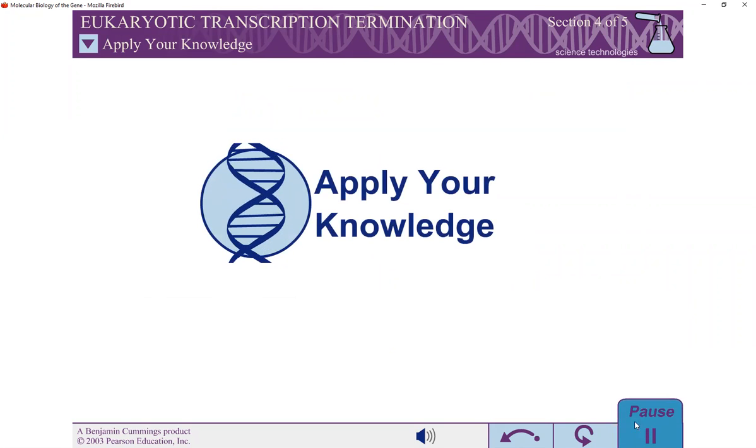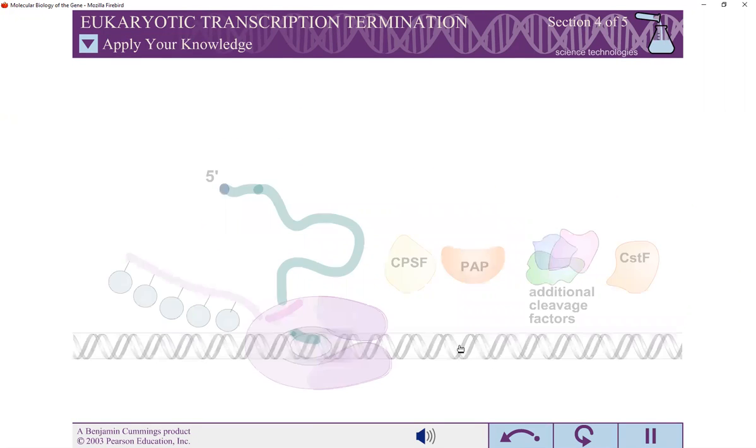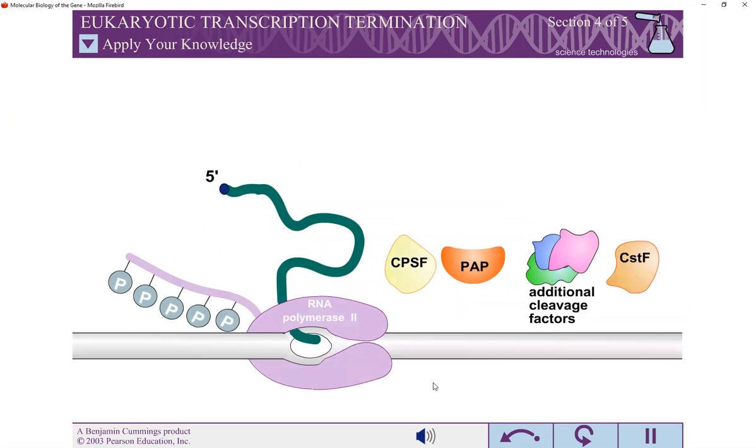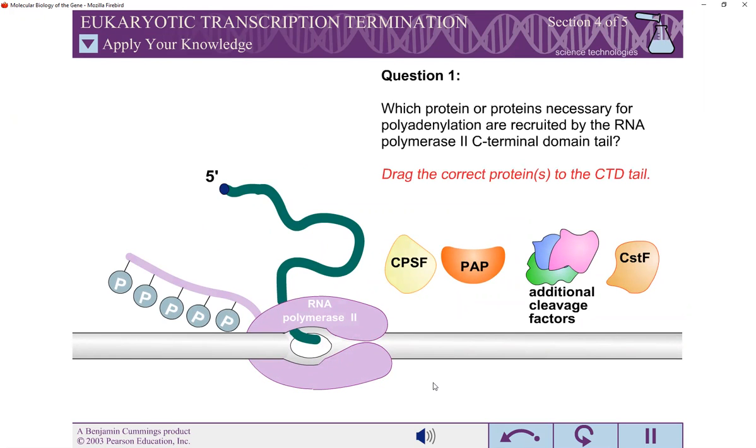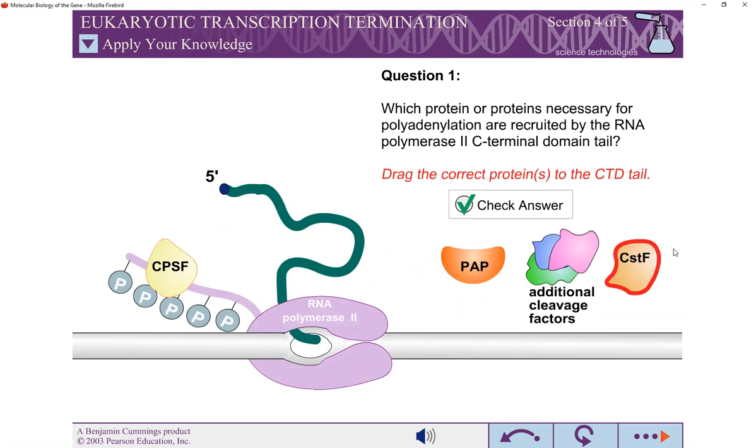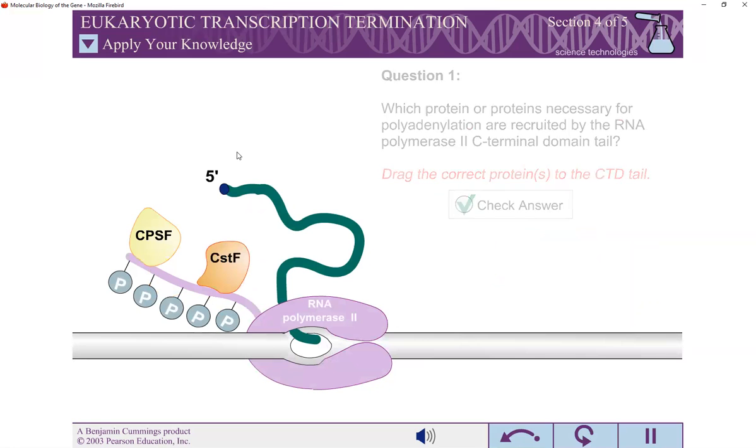Now, you will have to apply the knowledge that you have gained just now. Okay, so moving forward, the first question: drag the correct proteins to the carboxy terminal domain. So the carboxy terminal domain will have the CPSF protein, as well as the CSTF protein. Okay, these are the cleavage and polyadenylation specificity factor and cleavage stimulating factor proteins, and they would be present towards the carboxy terminal domain of the RNA polymerase second. Correct. Moving forward,